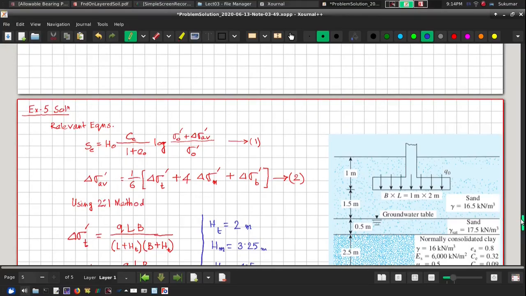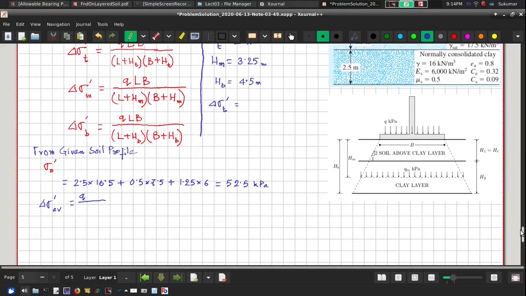L is 2 meter, B is 1 meter. So Q into 2 into 1, LB by 6 times